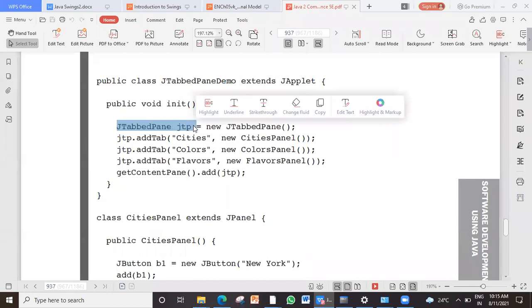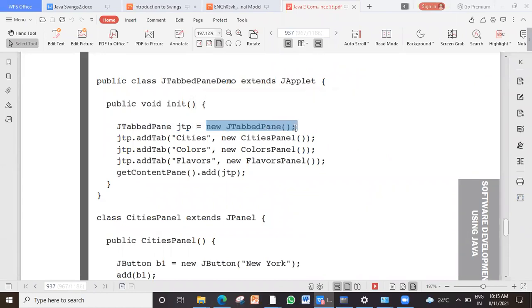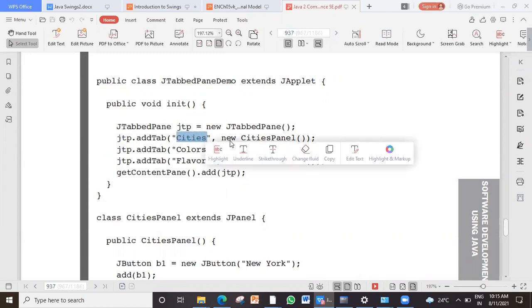What is its name? JTP, JTabbedPane. And I have just created it without any parameter. Fine. And then in that JTabbedPane, I am adding tabs. Tab should have a name. Something should be visible on the tab, like home, insert. So I create tabs, with Cities as the name. And what I'm going to add to that?